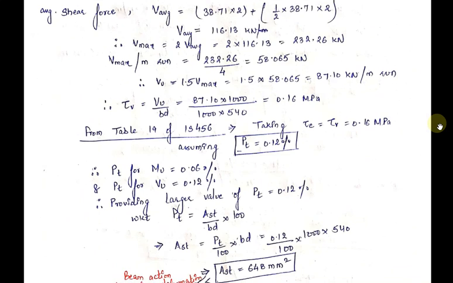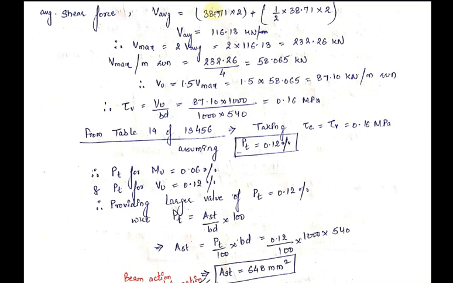So the total shear force acting on the CD will be area of the rectangle, converted into force, plus area of the triangle, converted into force. So the total shear force V average will be equal to this. Therefore, Vmax will be equal to 2 times V average, which will give you 232.26 kilonewtons. Therefore, Vmax per meter run. If I divide this total value by the clear distance between the two counterforts, I will get maximum shear force per meter run, which will be